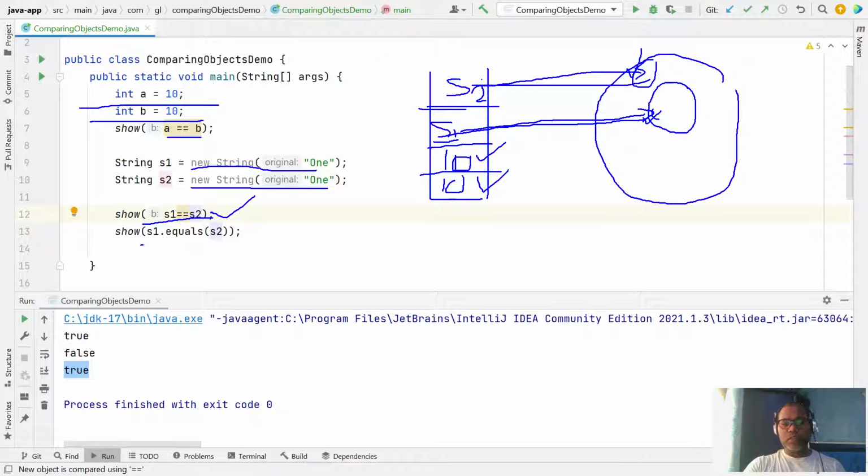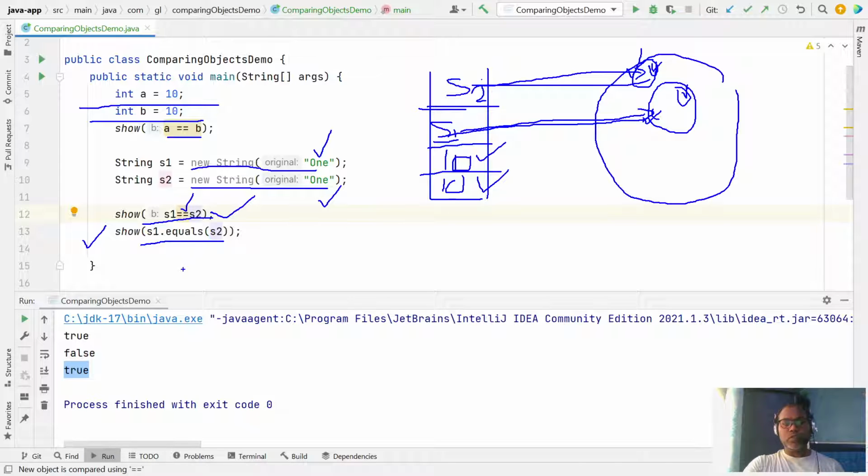But the equals method just checks the contents. They each contain one value, so are both equal or not. Whenever you want to compare the actual values, you use the equals method. So generally for object comparison, avoid using the double equal to operator.